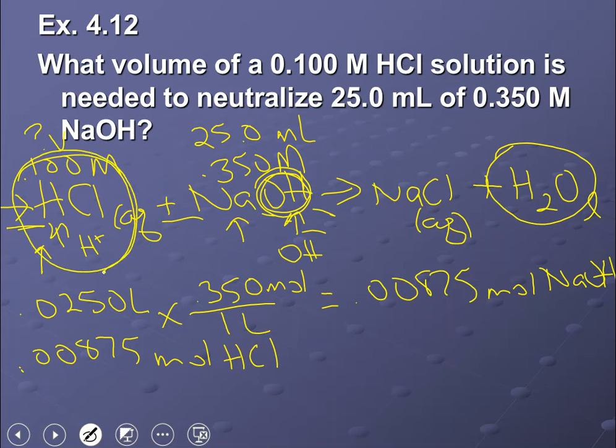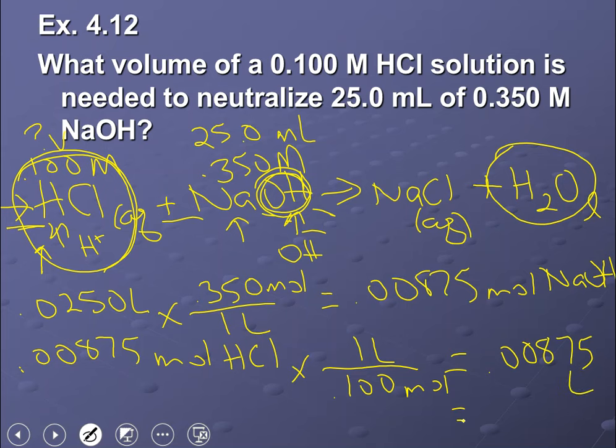I know the number of moles that are needed. I know the concentration is 0.1 molar, but I want the volume. So this time I'm going to take my molarity and I'm going to put the moles in the bottom and the 1 liter on the top. And that's going to tell me what is the volume of HCl that would need to react with that. And that ends up being 0.00875 liters, which is also 8